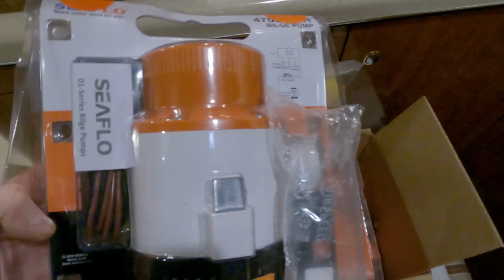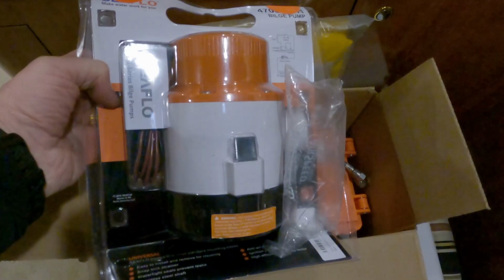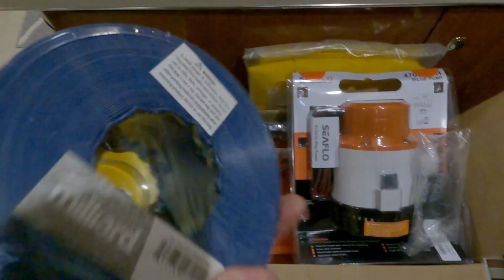So we've got a large Seaflow 470 pump. I'm not sure how many gallons a minute, but it was about the largest pump they made, and I've got 50 foot of hose to put on it. The thought being that should something in one of the forward hatches need to be pumped out, we could get the pump down into one of the holes below the floor,